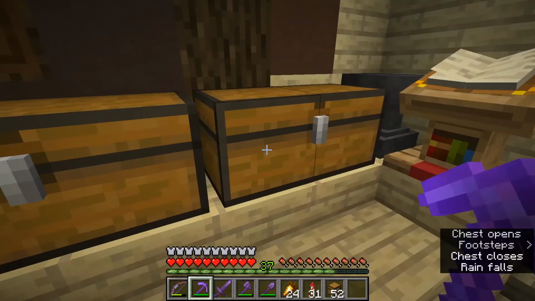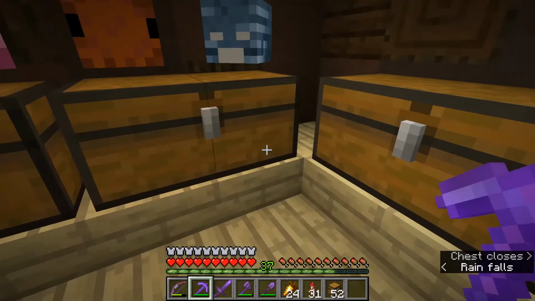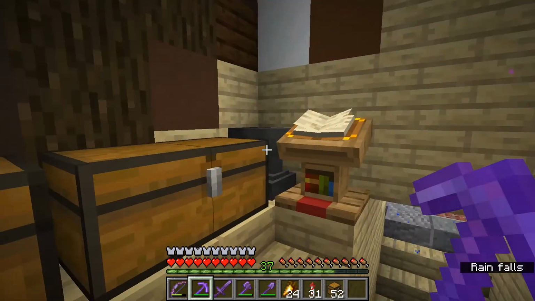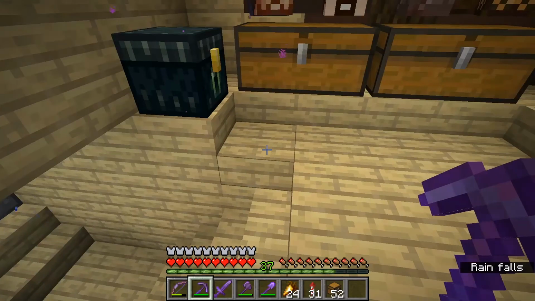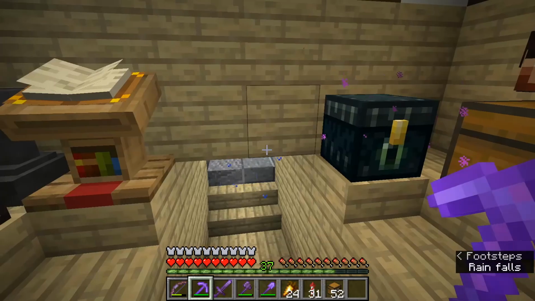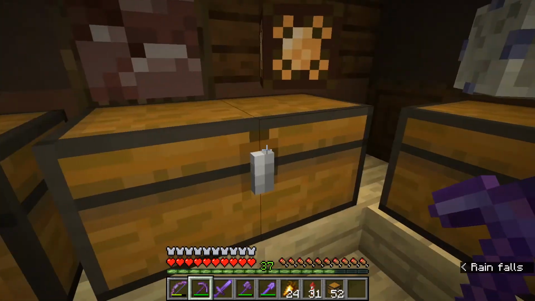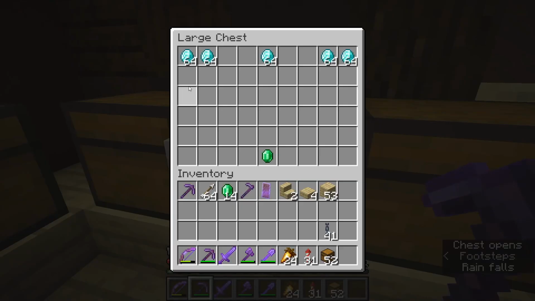And these chests here, which contain just diamonds, these items are not for sale because I also want to collect heads that are missing and blocks that are missing. So what I've done is written a little book here, and basically if you come and visit the shop, you can purchase heads, blocks, whatever you want, but you can also sell your own. So if you've got extra player heads, extra mob heads, extra blocks, you can place them in these chests and